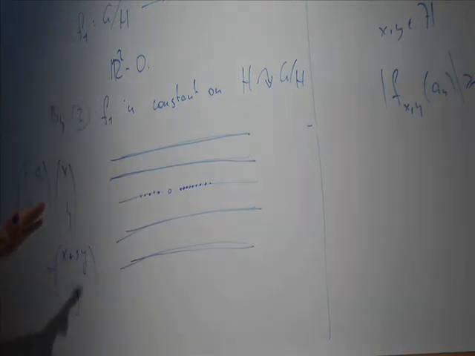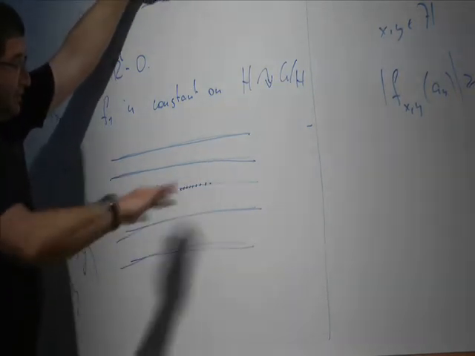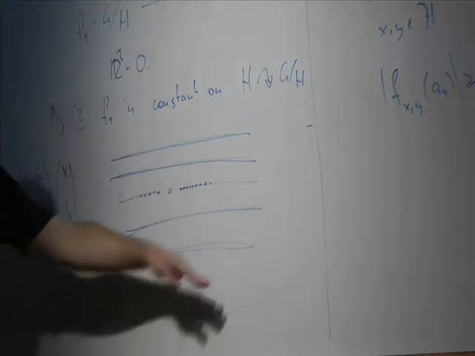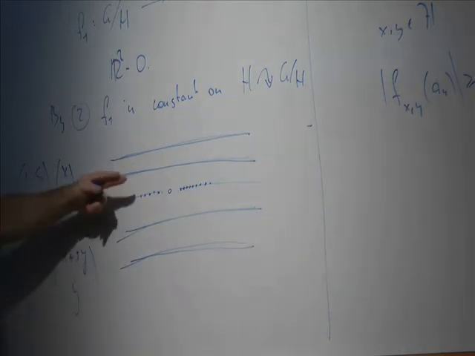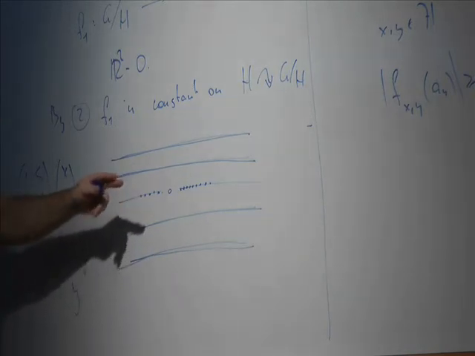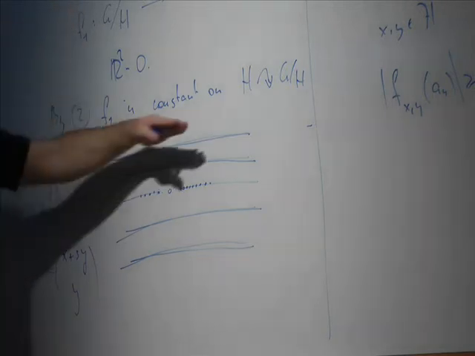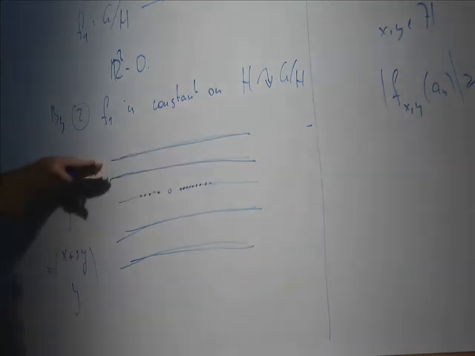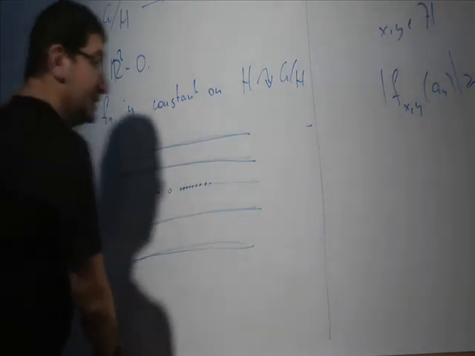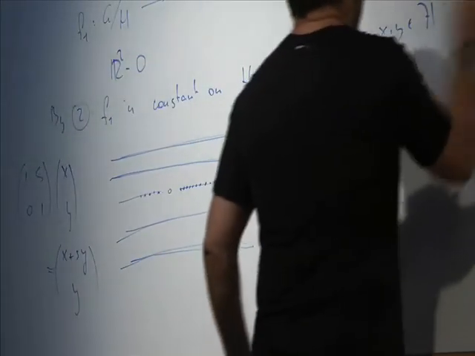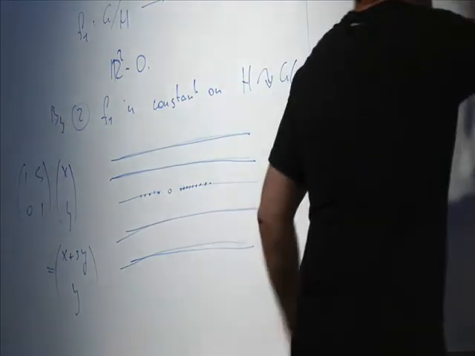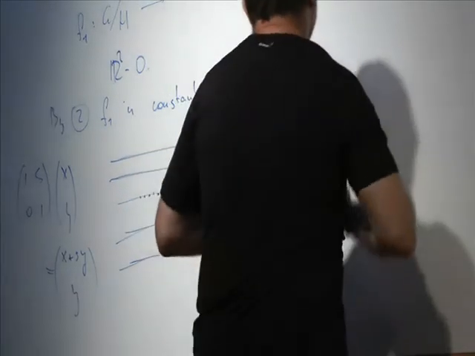And there is consistency, because this action is very fast if you go away from the horizon. If y is big or very negative, then it goes to the opposite. And it slows down as you approach it. But f1 is a continuous function which is constant on H orbits, so it's constant on each one of those horizontal lines. Because of this, f1 is constant.